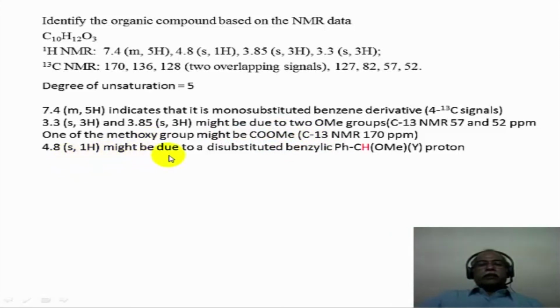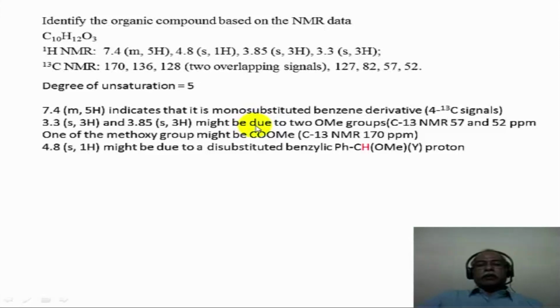So 4.8 might be due to a disubstituted benzylic derivative. This is the highest delta value, 4.8, among the aliphatic signals that you see here. So that is why I am saying that this is disubstituted. One substitution is methoxy, the other substitution might be COOMe, the third substitution is phenyl. So essentially you have a benzylic hydrogen with 2 substituents, which pushes the chemical shift value all the way up